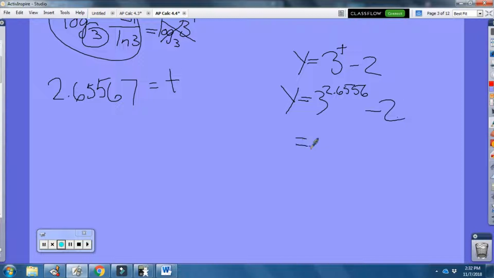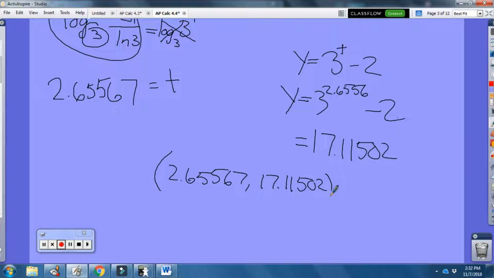If you type that in the calculator, you'll get a y value of 17.11502. So that means my final answer, the point where it has a slope of 21, is 2.65567,